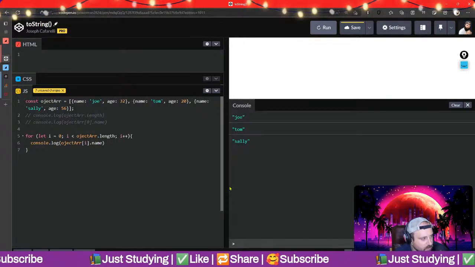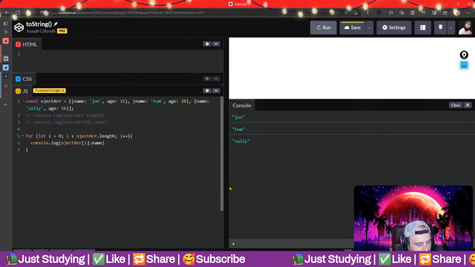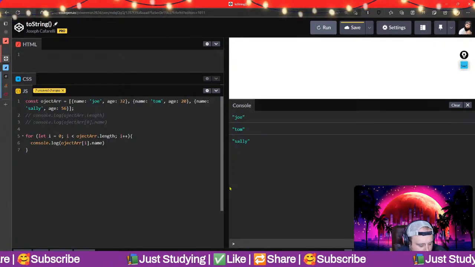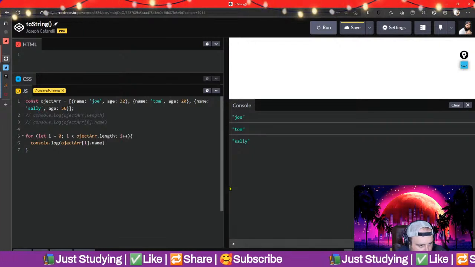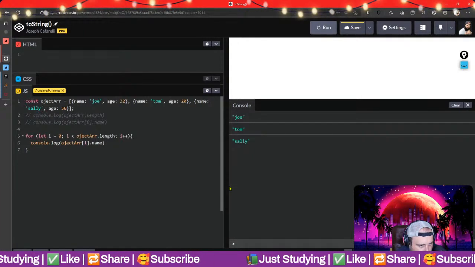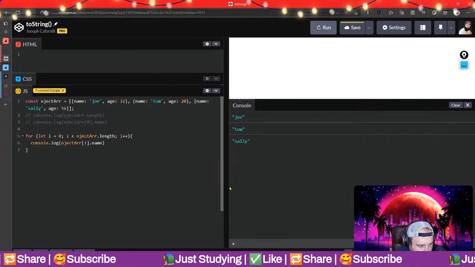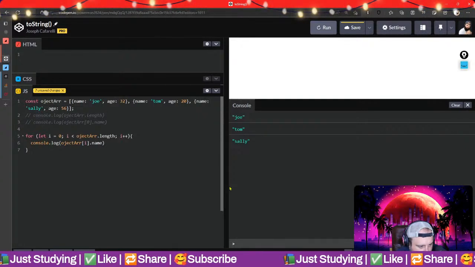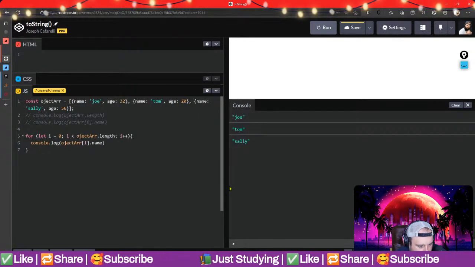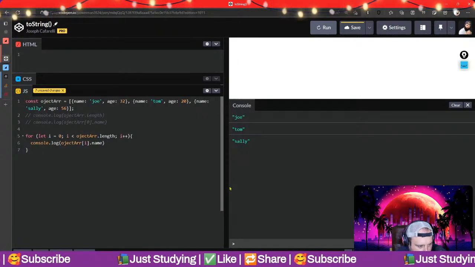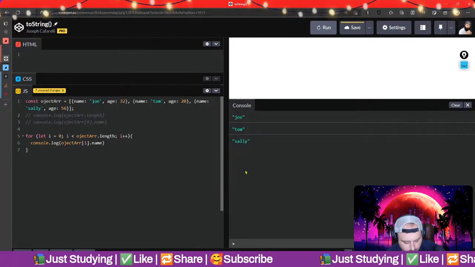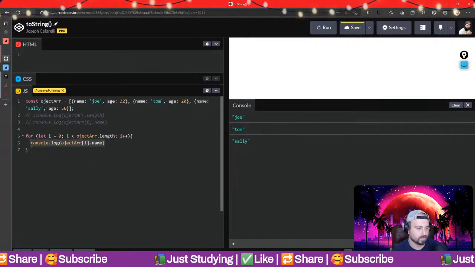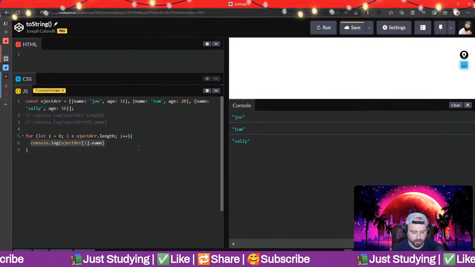So there's a for in, for let, something for loop. So we can do